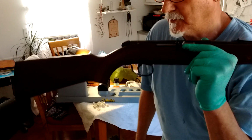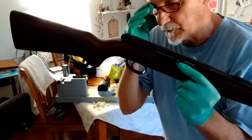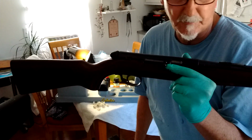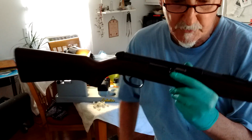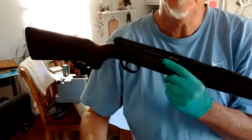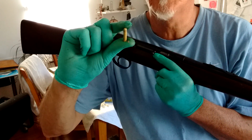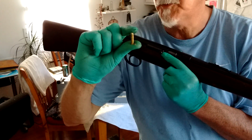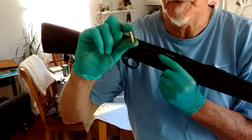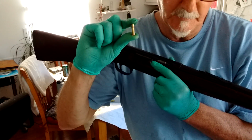I've been shooting this rifle since I was 8 years old. That's what I learned to shoot with. Rick and I both learned to shoot on this rifle. It's 22 caliber, your basic 22, and that's the round it shoots. A 22 long rifle. They also make a 22 long and a 22 short. This rifle will shoot any of those three, but this is the most common one that you find, the 22